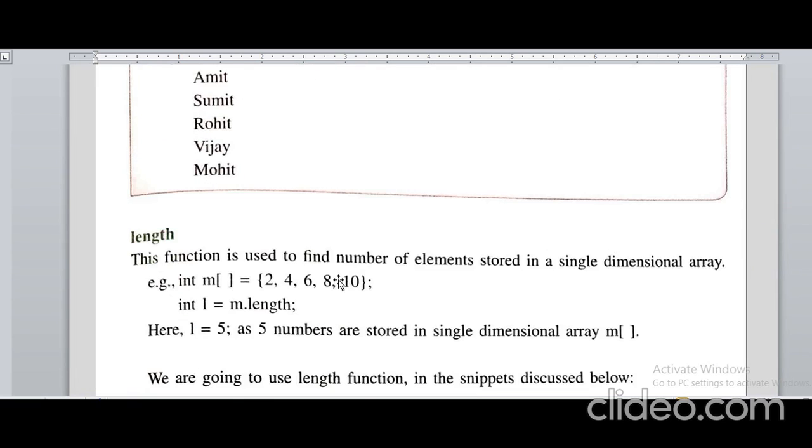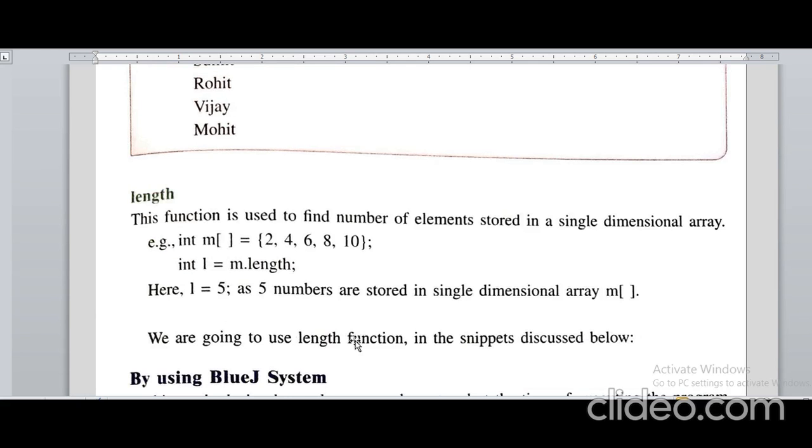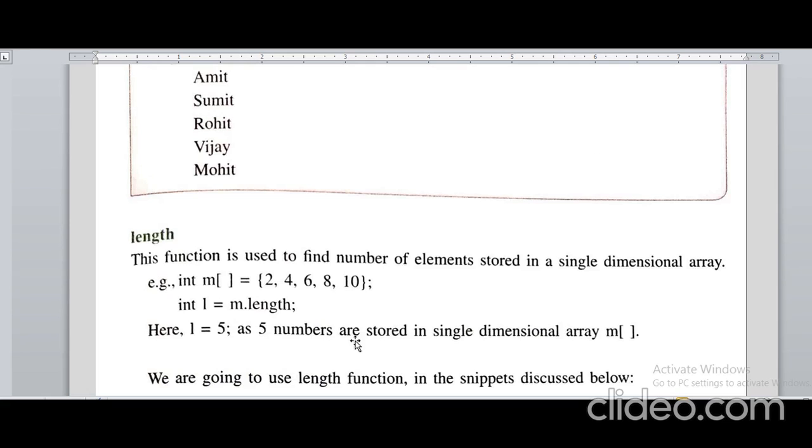Here, with length, you can execute the loop. We are starting the loop from 0 position to 5. We can execute the loop till the length of the elements. Here we are passing 1, 2, 3, 4, 5. The length function is used to count the total number of elements in the given array. For that we can also write the statement like m.length. The m.length function will return the total number of elements in that given array.